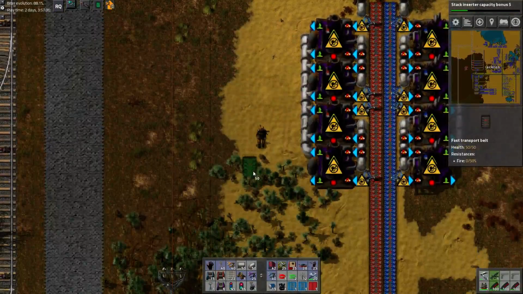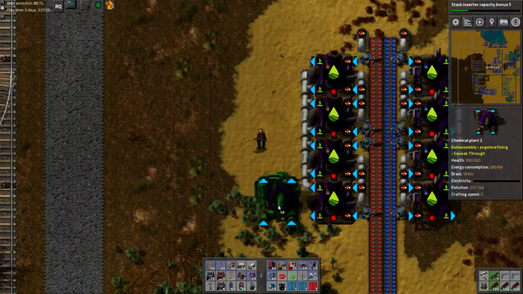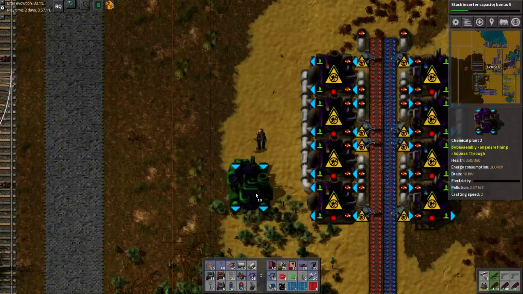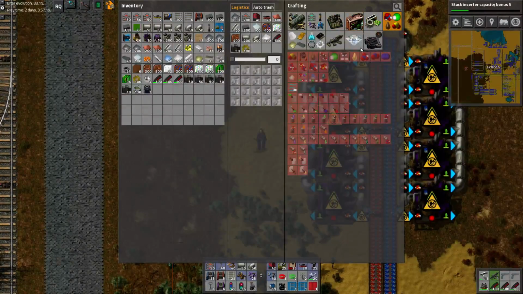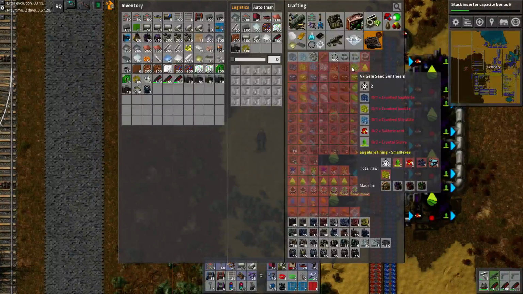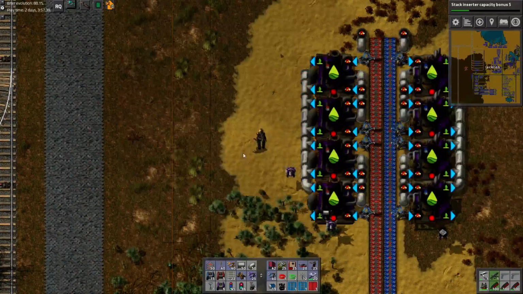And our gem seed synthesis has two inputs, if I remember correctly. Well, actually, it has a lot. It has more than that. One of which is crystal slurry. The other one is sulfuric acid. Yeah, so we're going to need both sulfuric acid and crystal slurry in here. And we're also going to need 3 different types of ore. So maybe what I'll do...